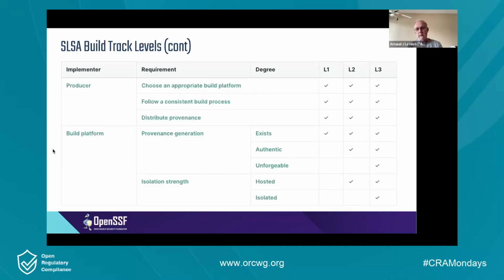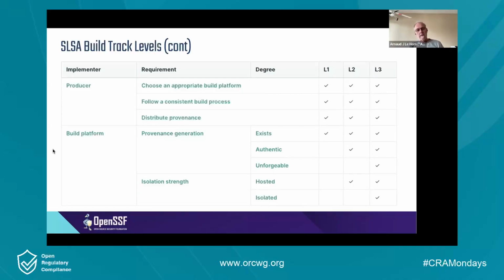Then they need to make sure it's authentic, so they sign it, and then they need to make sure that the signature is not forgeable. So think of adding requirements as to secrets: where is your private key stored, who has access to it. That's the difference between authentic and forgeable. You make it more difficult. First one is it has to be signed, and then you have to make sure this is the right party